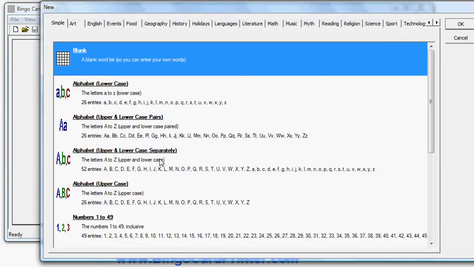I'm now given a choice of what type of bingo cards I'd like to create. I can choose a blank bingo card, enter my own words, alphabet, one with letters, numbers, one with numbers. I can choose bingo cards with words or other items on them. For example, for events like bridal showers or baby showers, holidays like Christmas or Halloween, Easter, various school subjects like English, geography, history, science, math, music, or in this particular case I want to do literature,